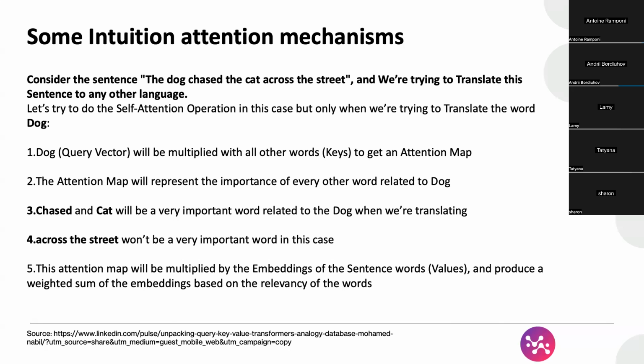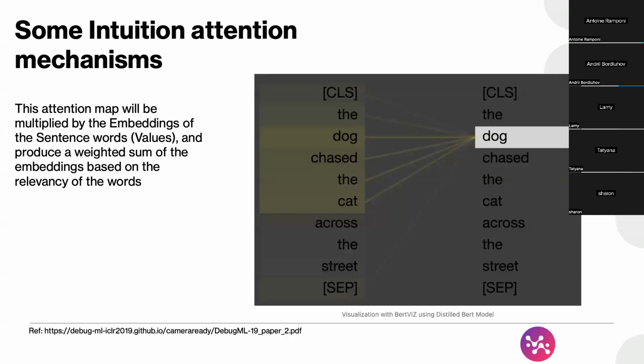And in this particular case, you know that chased and cat will be very important words related to the dog when we are translating, for example, but across the street does not really relate to dog, right? So this is how it looks like. And this is showing already the attention layers. So here you can see that the dog relates to chased because the dog is